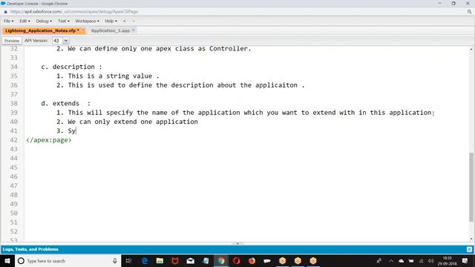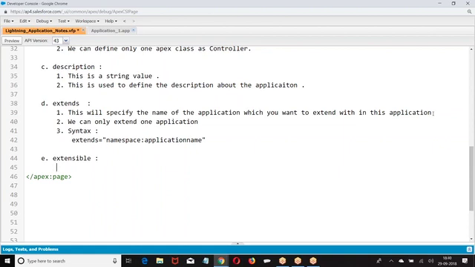Syntax: extends namespace:. Then we have extensible. Now, can this application be extended by somebody? Extends means you are extending another application. Can I extend this application?